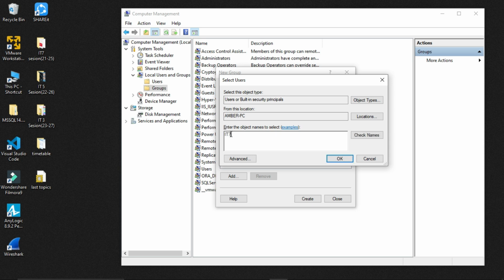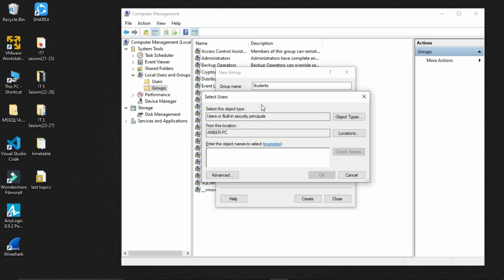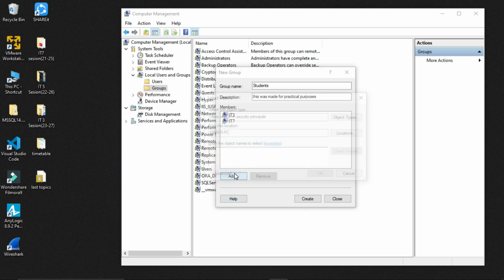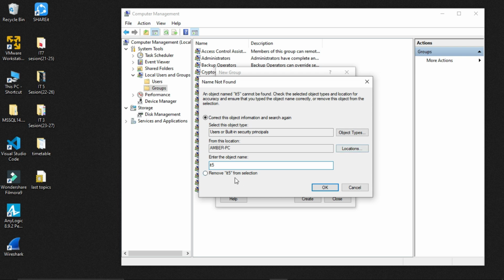So I don't know exactly what the name was here, or I may have forgotten, or there may be a spelling mistake. So the best thing is to check the name, and when you click on check name, if the user is valid, then this will come up like that. Okay, and click on OK, and you can see one member is added here, which is IT7. Now if I again click on the add button and just enter IT3 and check name, yeah, we have IT3. Then again add a member, and this time we're going to add IT5 and check name, and it's saying name not found because of